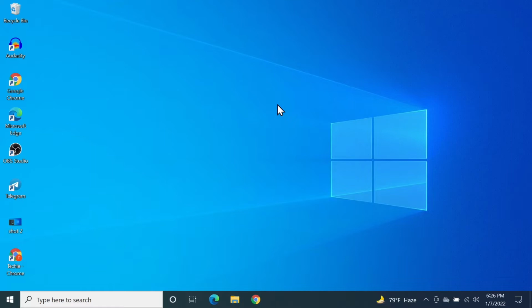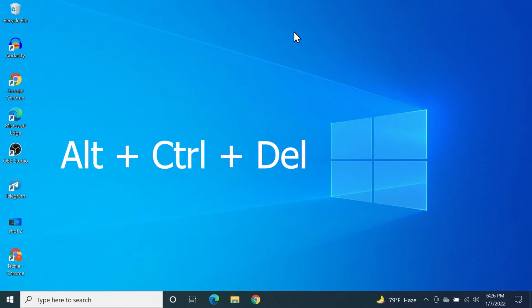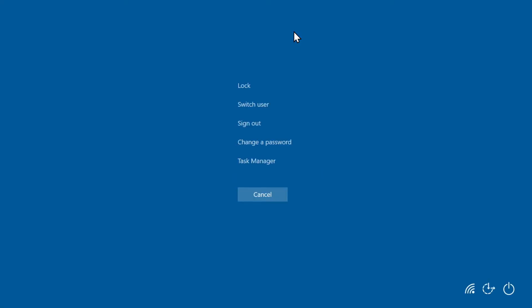In today's video I'm going to show you how to check the RAM speed on your Windows 10 computer. So what you need to do first is press Alt, Control and Delete from your keyboard, and then this will show up. Now from here click on Task Manager,